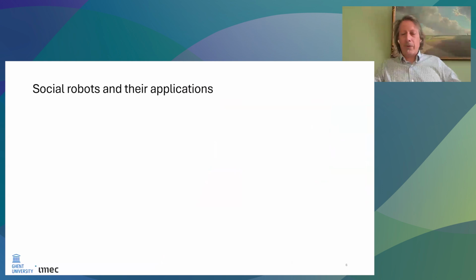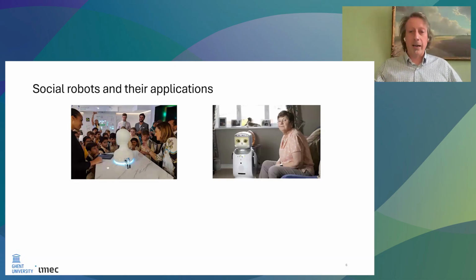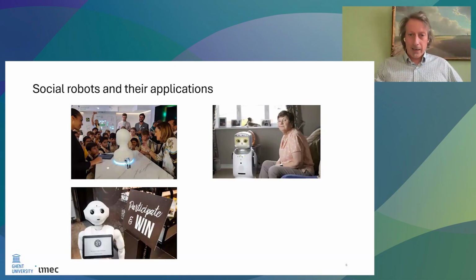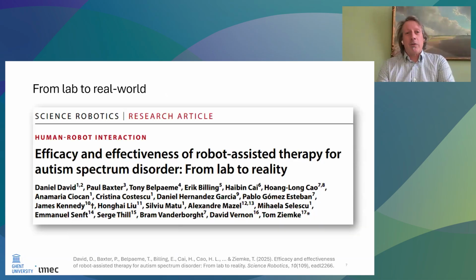And in my own research for the last two decades, we've worked on robots in education, robots in elder care, robots in retail applications like shops or hotels, or robots in healthcare. And here's a shameless plug for a result that was published just a few weeks ago. This is research where we worked for almost 5 years on trying to build a robot that would offer therapy to children on the autism spectrum.